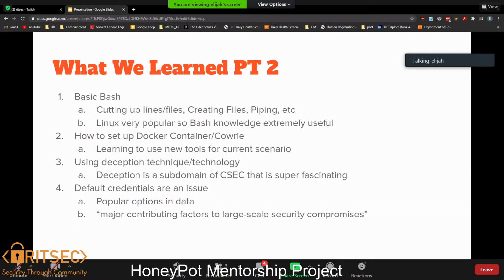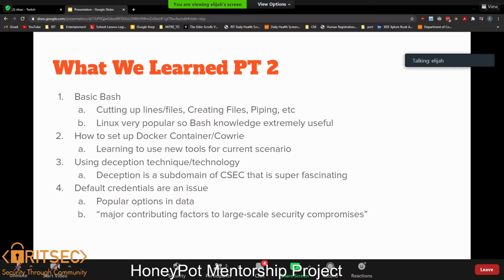So back to what I learned. Another thing I learned was basic bash. As an itty bitty freshman, I knew no bash whatsoever and barely any experience with Linux, and we do a lot with Linux. So learning some of this stuff and having someone coach me through it was very helpful,